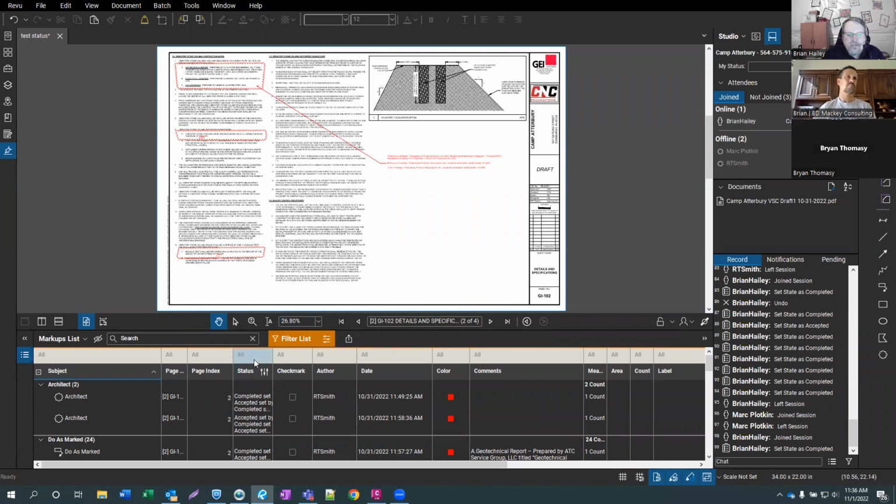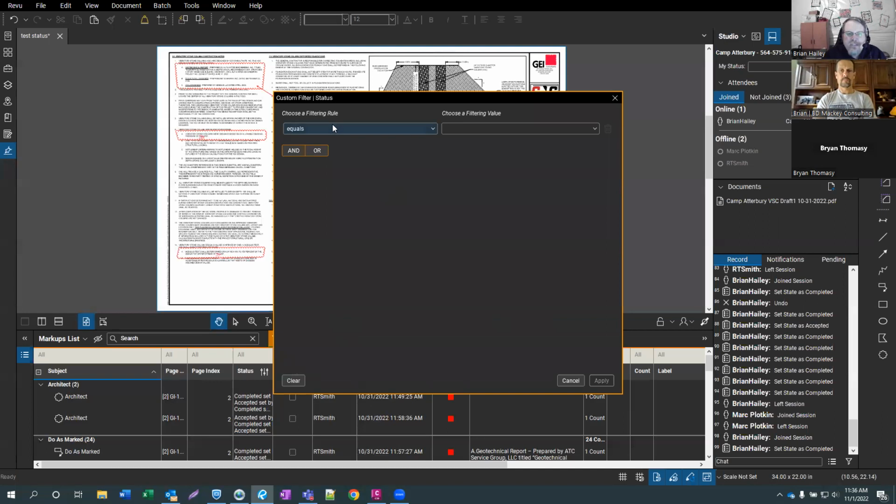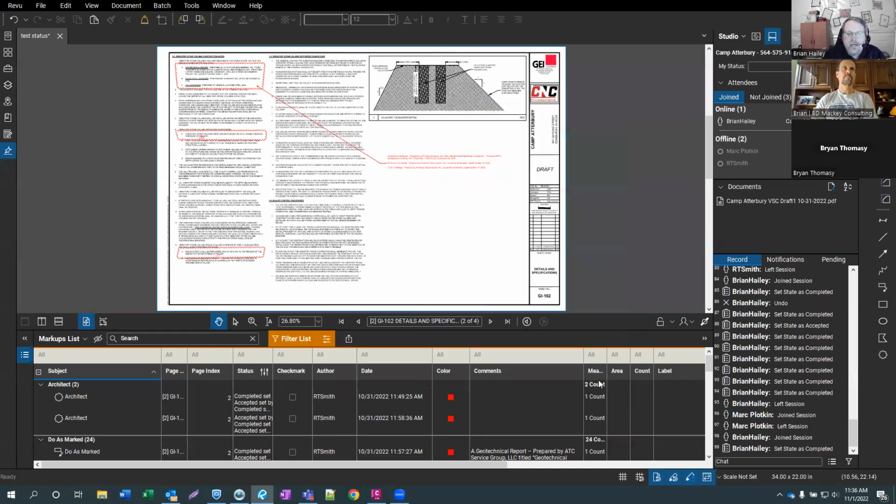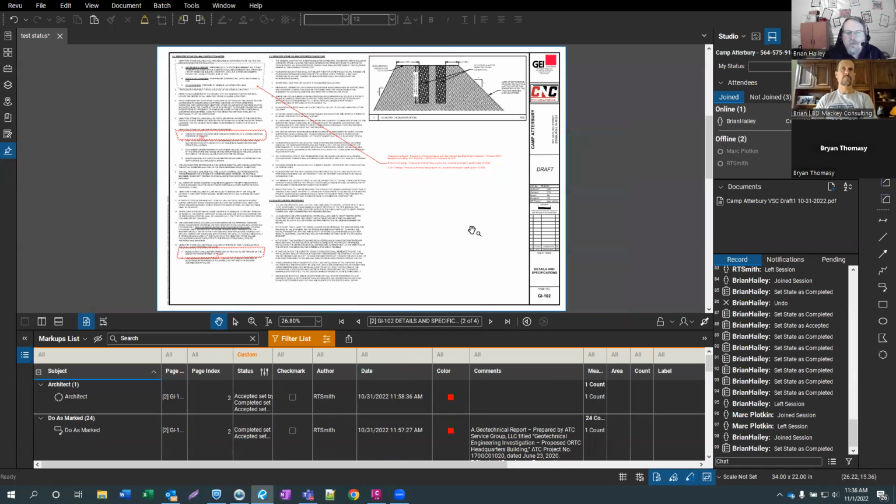And the status that I'm going to use, or the filter that I'm using, I click here where it says all, and I can either choose one of the statuses that has already been applied. But what I want is, I want to see everything that I have not completed, or I haven't accepted, or I haven't dealt with yet. All right, so I'm going to come down here to custom, and I'm going to change this from equals to does not equal, and then I choose the status that I'm using. So in this case, completed, and I choose apply,